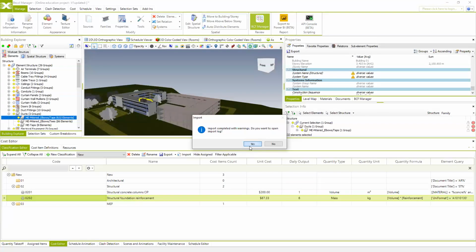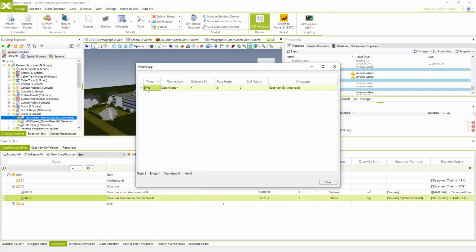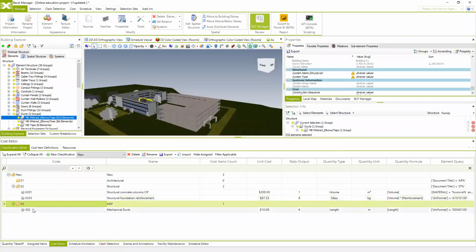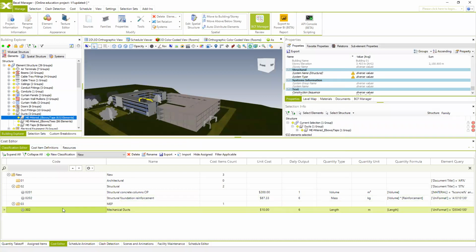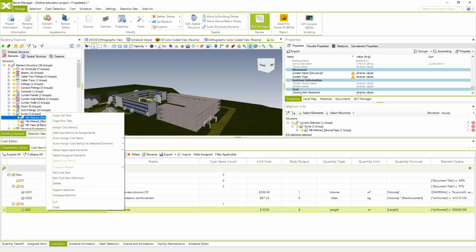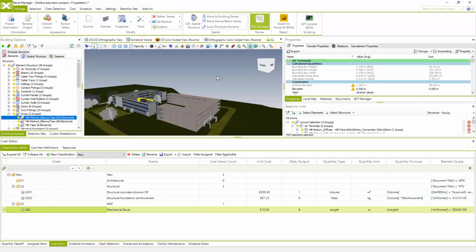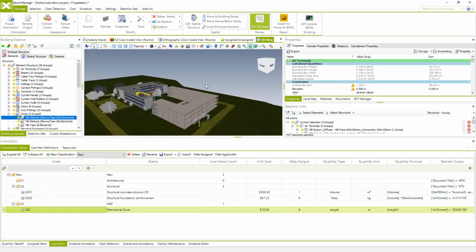And that's it. If you have some errors, the system will actually tell you which are the errors if you specified something which is not correct. But in this case, we specified everything correct within this specific cost item, and you see automatically a new cost item is created. We can check if this element query works, select applicable elements, and you see automatically the system selects